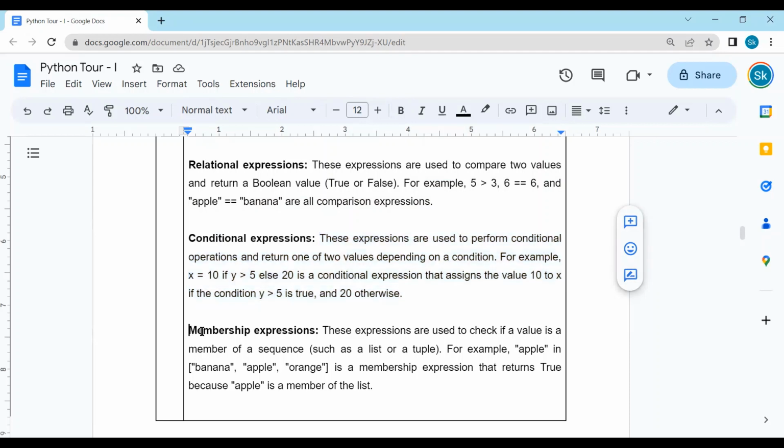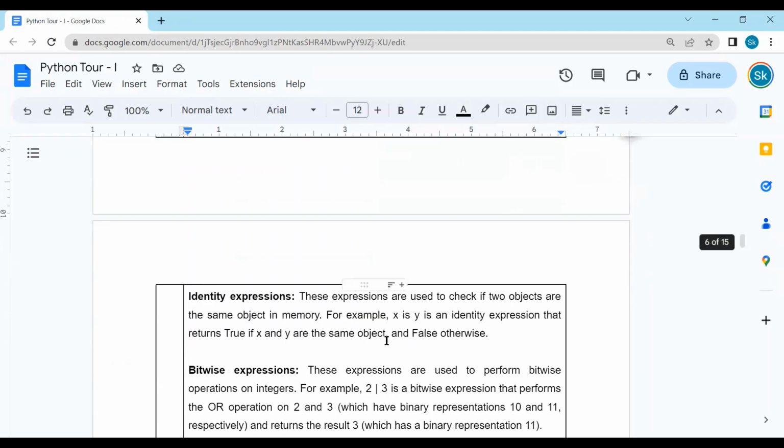Membership expressions. These expressions are used to check if a value is a member of a sequence, such as a list or a tuple. For example, apple in banana, apple, orange is a membership expression that returns true because apple is a member of the list. Identity expressions. These expressions are used to check if two objects are the same object in memory. For example, x is y is an identity expression that returns true if x and y are the same object,